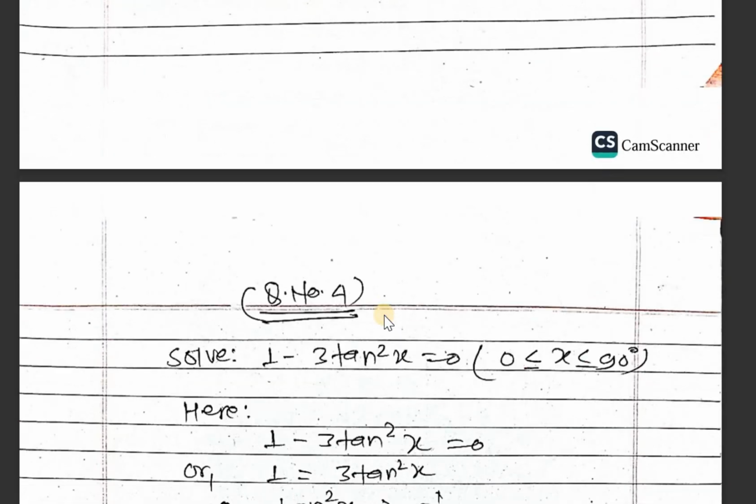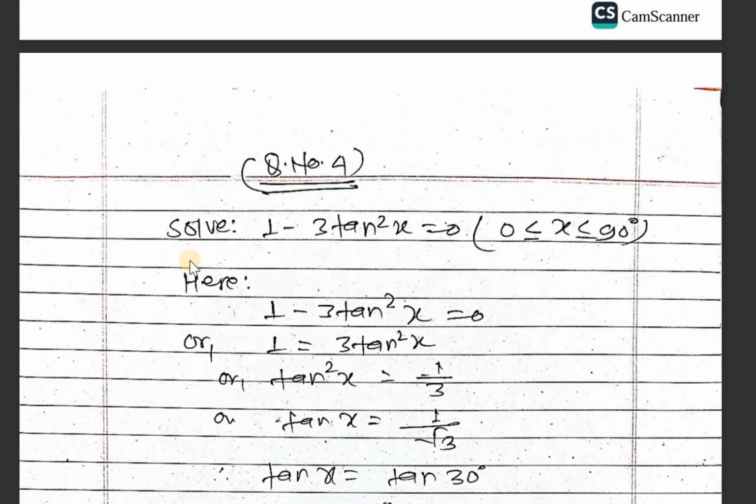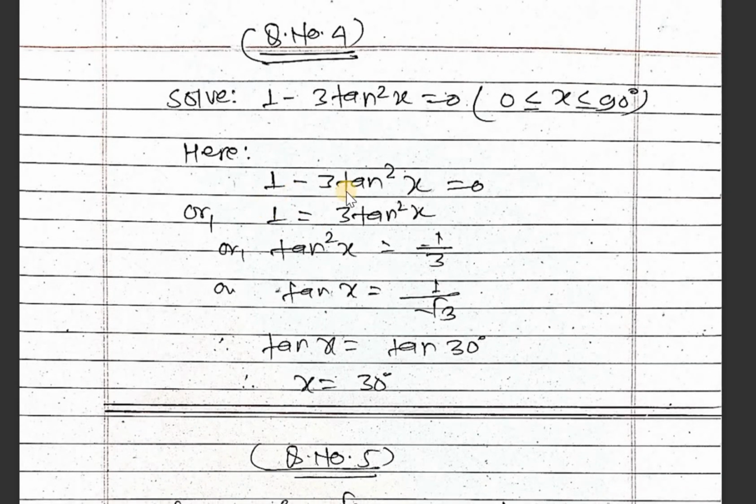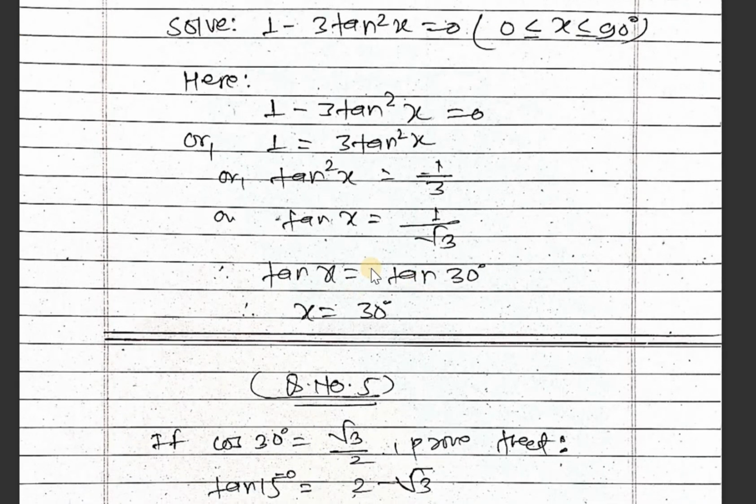And the next problem is, solve 1 - 3 tan² x = 0, where the value of x lies between 0 and 90 degrees. So 1 - 3 tan² x = 0, 1 = 3 tan² x, tan² x = 1/3, so tan x = 1/root 3, and we know the value of 1/root 3 is tan 30 degrees, so tan x = tan 30 degrees